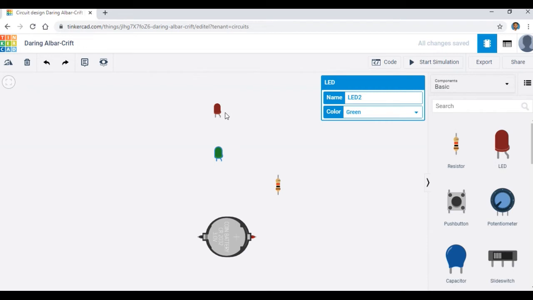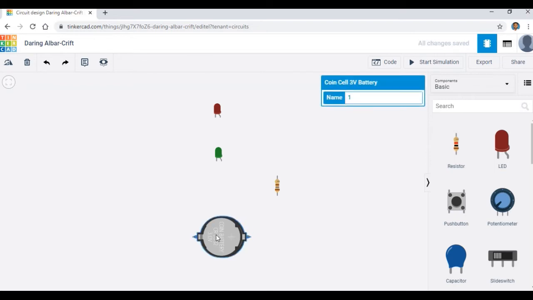The first one is a red LED, the second one is a green LED. And coming to this resistor, I just want this resistor with a 180 ohm value. So here I'm going to give 180 ohm.